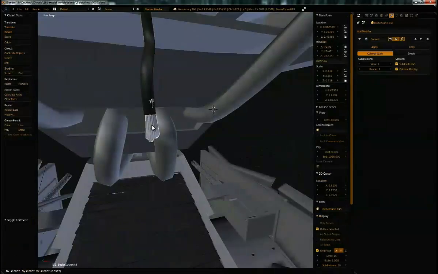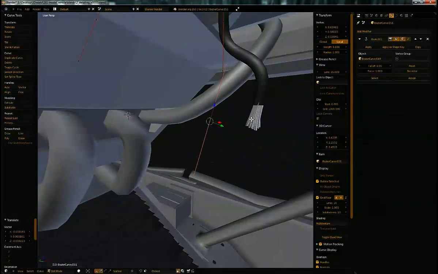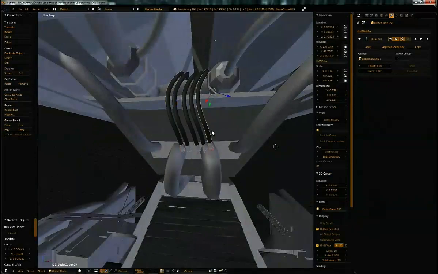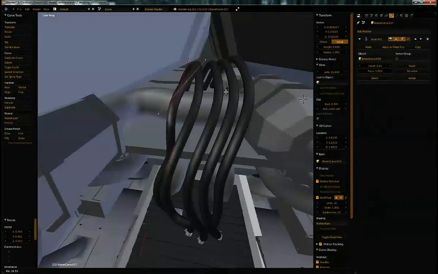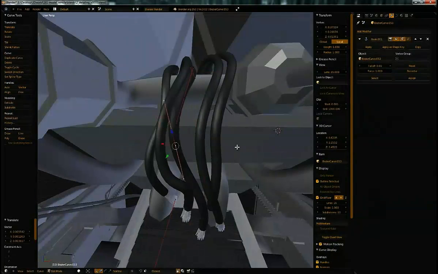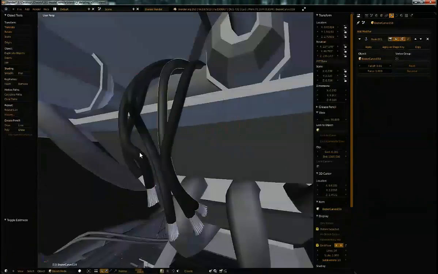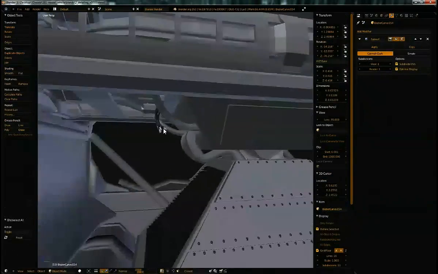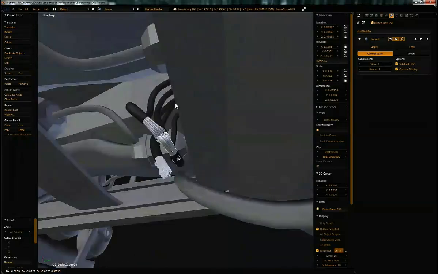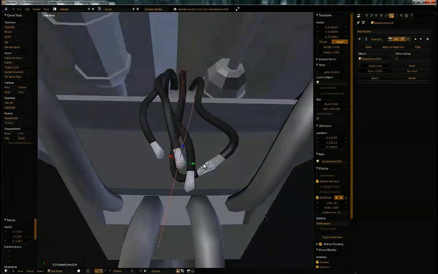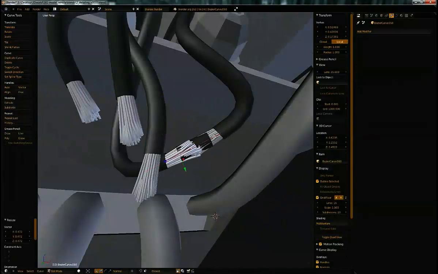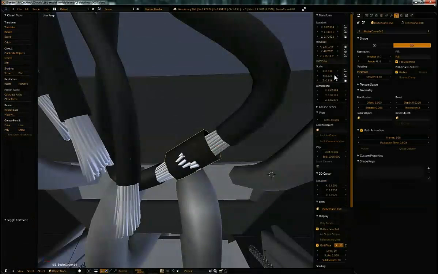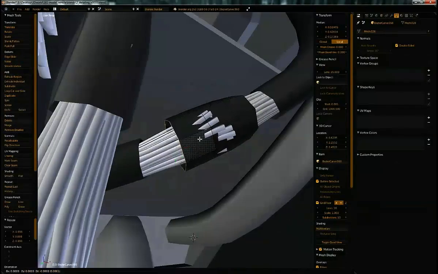And we're about ready to wrap up. Yeah, just putting a little connector there as well. It's a little more interesting. And yep,